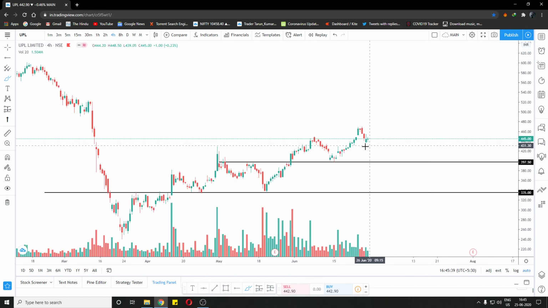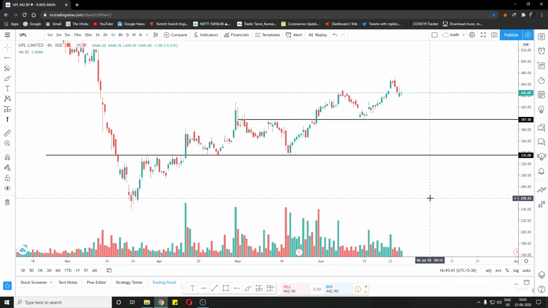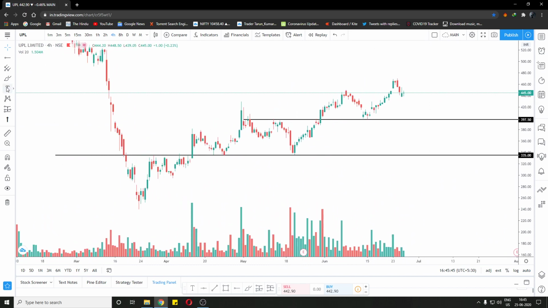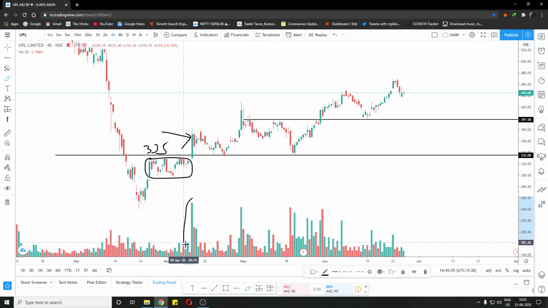So in this I have UPL, I think, which I have mentioned in the Telegram channel multiple times. So this was our range, and first resistance was observed at 335. Then we had a strong breakout, very huge volume. Then we buy here. We only use 50% of the quantity,